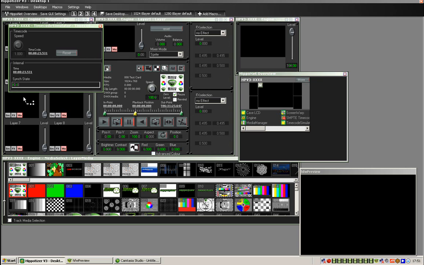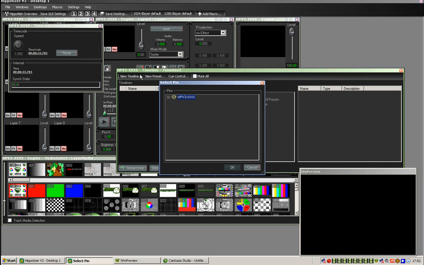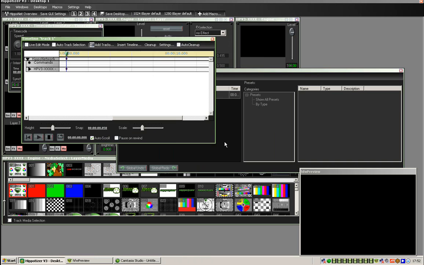If I double click on this timecode generator, you'll see it's actually just ramping up at the moment. So what I can do is go to a timeline, new timeline, and go down to my engine, output 1, layer 1. All I really need at the moment is my media player, so the files can be played back. I click OK, give it a name, track 1,